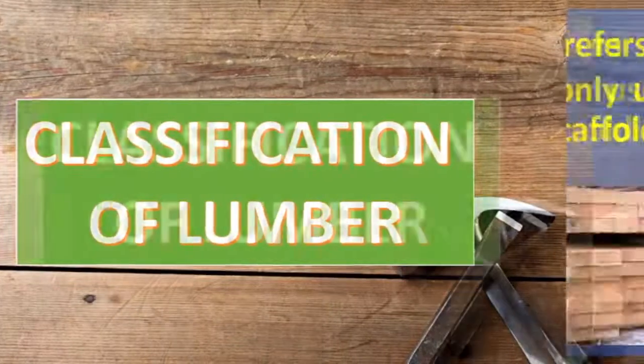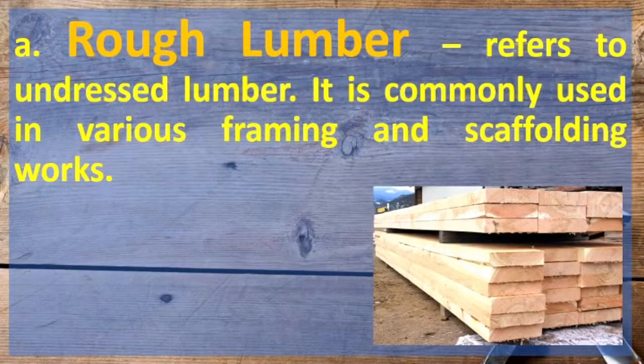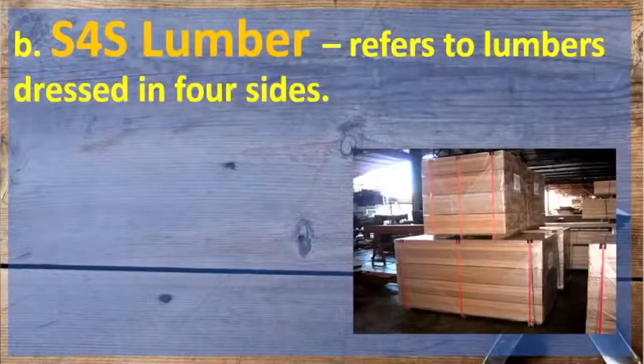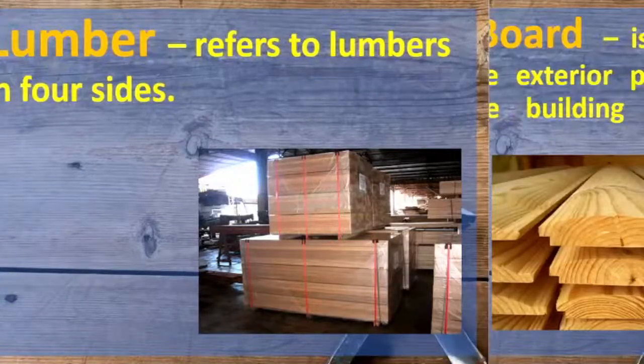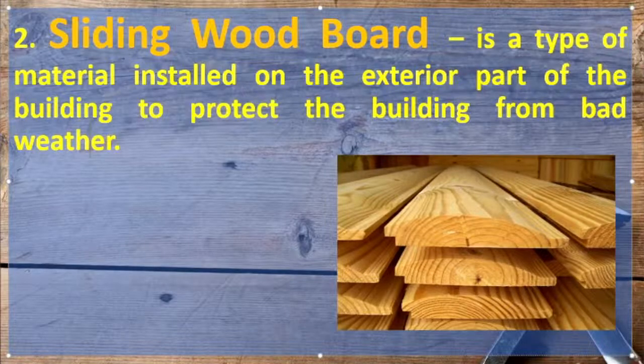It is commonly used for structural and furniture purposes. Classifications of lumber. Rough lumber refers to undressed lumber. It is commonly used in various framing and scaffolding works. S4S lumber refers to lumbers dressed on four sides. Siding is a type of wood board installed on the exterior part of the building to protect the building